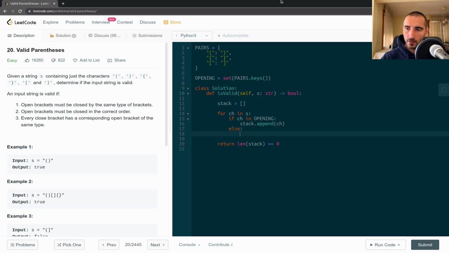Otherwise, we have to do one check, and this check is whether or not the stack is empty. So we are at the closing bracket. And if we're at the closing bracket and the stack is empty, this means that we don't have a corresponding opening bracket. And I'm going to return false here because we are not matching the closing bracket with an opening